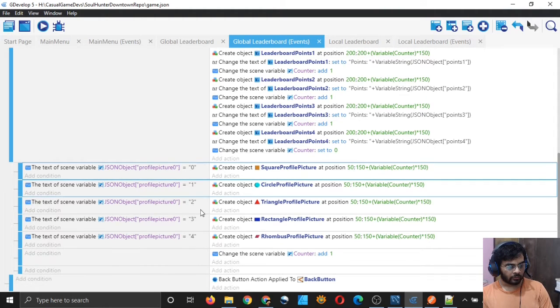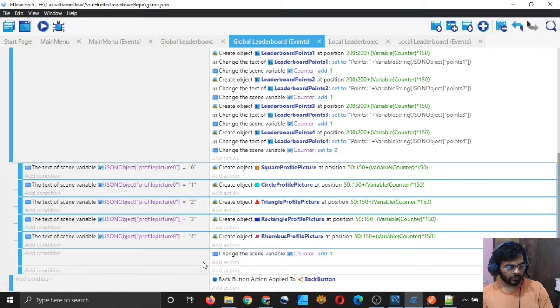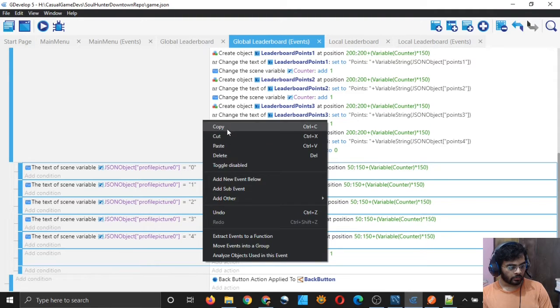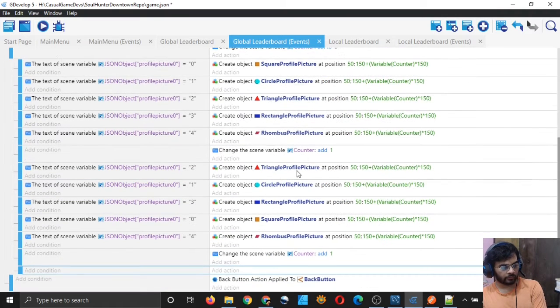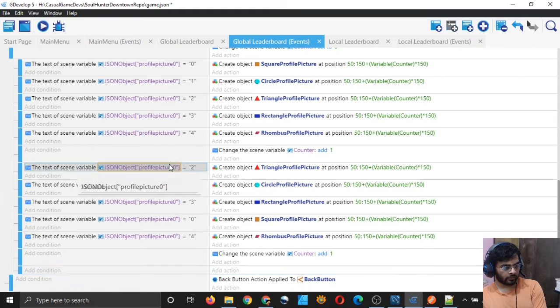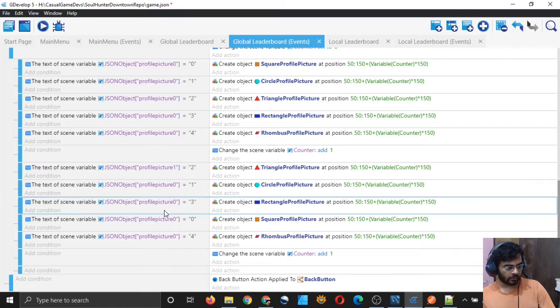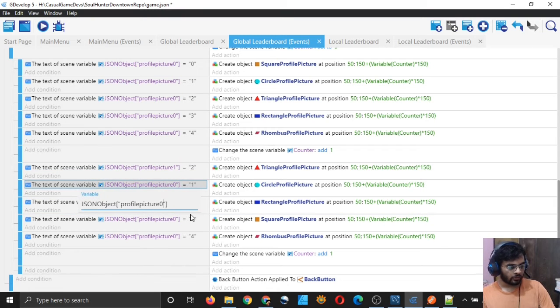So I will copy these. You just simply have to copy and paste at this point. Copy and click here and right click and paste. So I have this now. The order is not important. You just have to change this 0 to 1, and don't press enter, because enter will be recorded as a string.